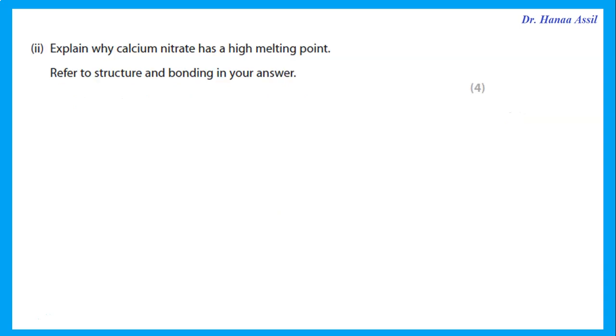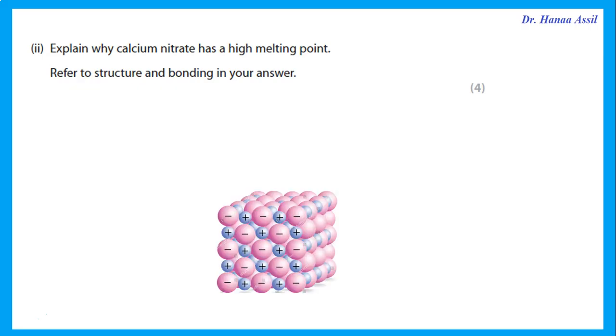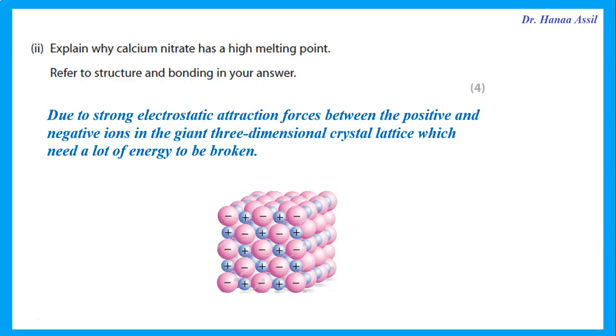Explain why calcium nitrate has a high melting point. Well, you should know that calcium nitrate is what? It's ionic. So refer to structure and bonding, why any ionic compound has a high melting point. So the question is, why is this ionic or any ionic compound, why does it have a high melting point? Remember, ionic compounds have a high melting point